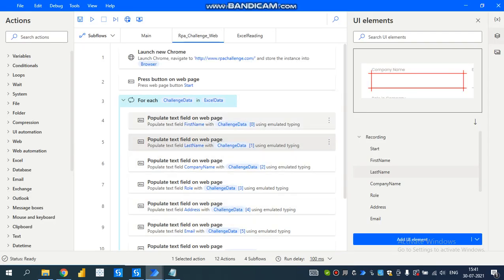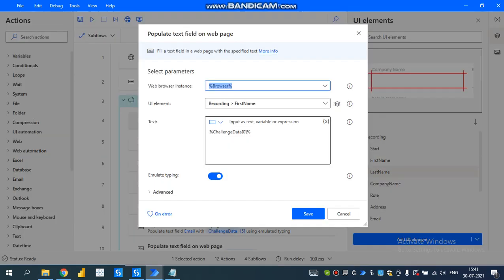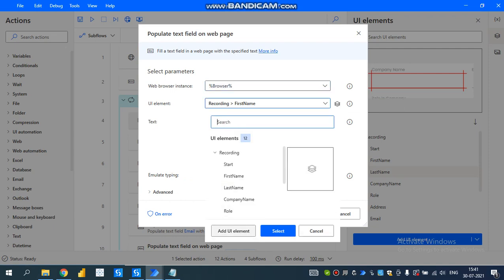In the first step, we have to enter the first name, right? I will show you the selector part as well. Here, for UI element, we have to select add UI element. If you are using it for the first time, you cannot see anything here. We just add UI element and select that one.